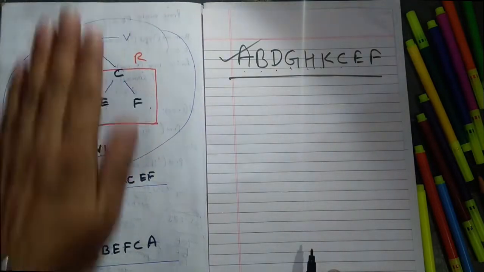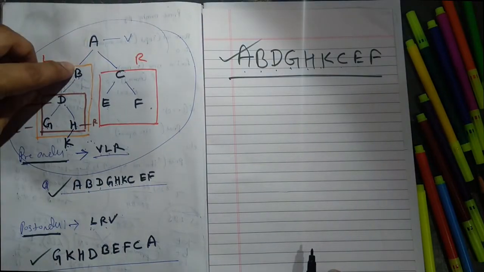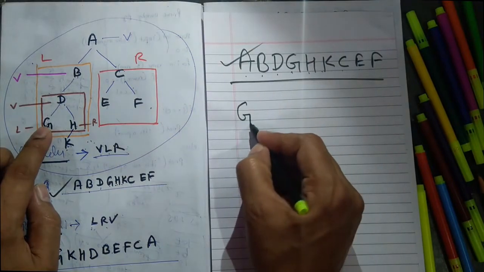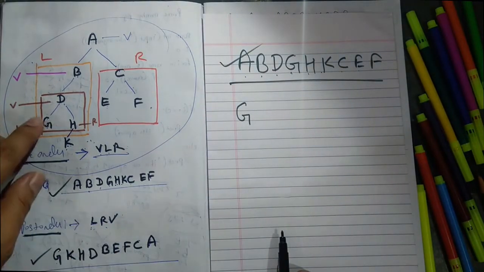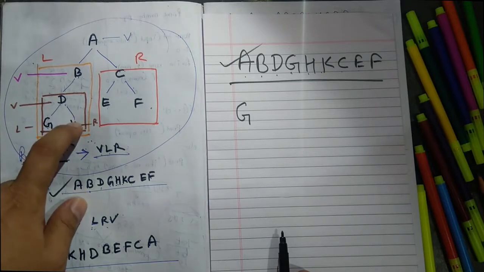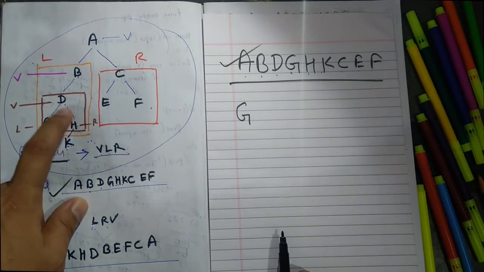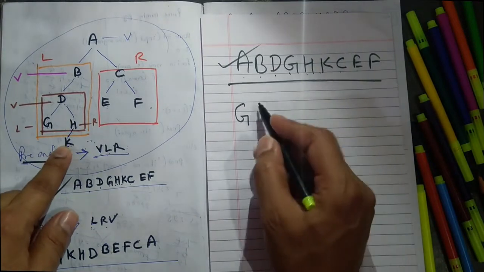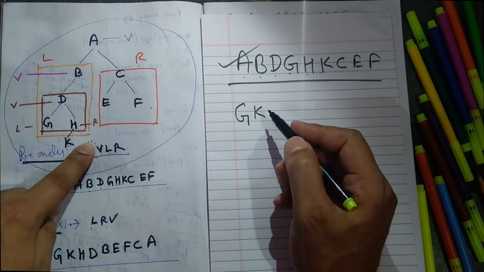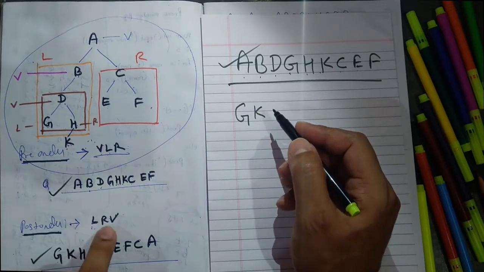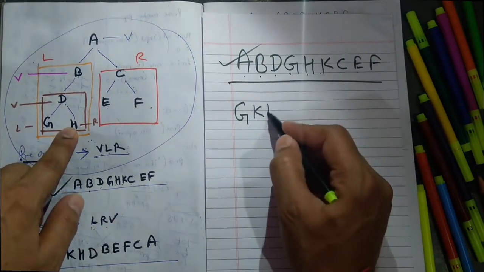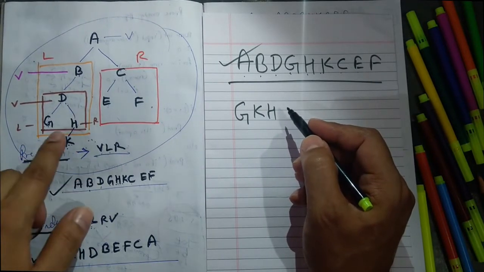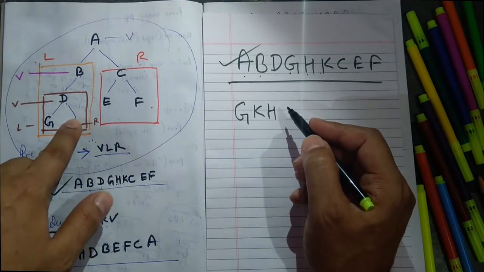Again we will draw. So this is your tree. Left means left. This is the most left. At first you will write the most left, then right, then the root. But in right there is also another tree, so if there is another tree, then you will go left. So this is left, right, there is no element, left right root, no element, then root. This is the process: left right root, left done, right no element, root is this.